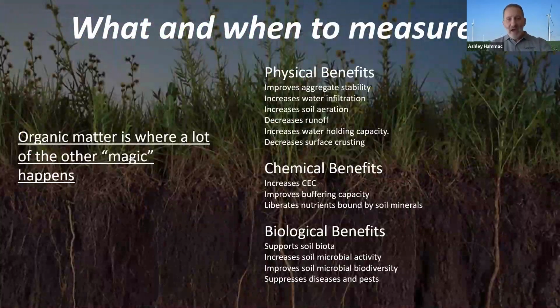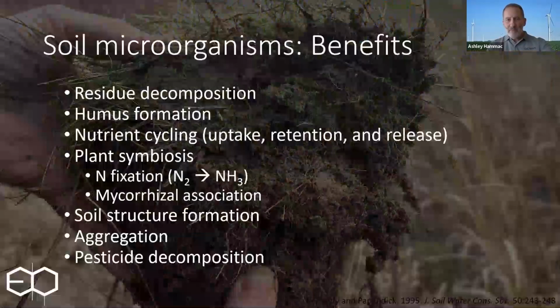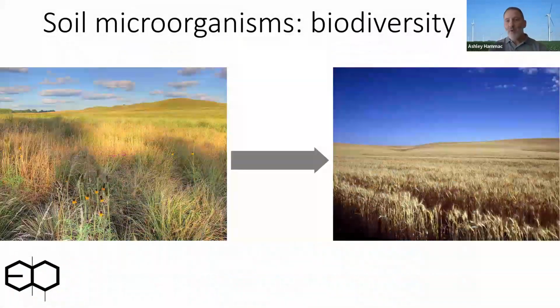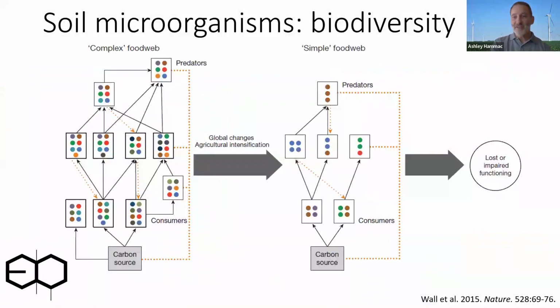So I'm going to fly through this more here. Some of the benefits here of soil microorganisms, biodiversity. What we do on the land has an effect on the response by the microbes in the soil. The plants are the host. The microbes are the inhabitant, or sometimes the symbiont to that host. So when you change the host, of course, that's going to change the composition of the organisms that are then an inhabitant to those hosts. So it's really like a Field of Dreams. If you build it, they will come. In a lot of cases, I'm not saying that there's not ways to speed things up, but